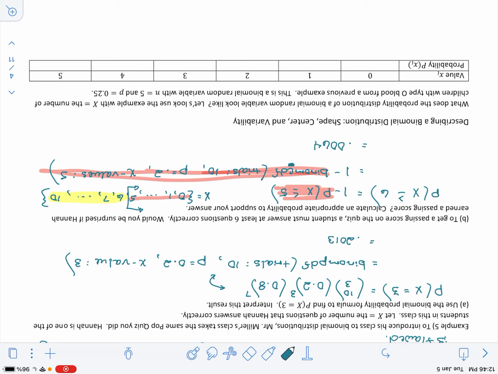So check your calculator, check your ability to type this in. You should get 0.0064, which is really unlikely. So there's only a 0.0064 chance of passing, so we should be very surprised if Hannah passes. Honestly, if any one of you said, oh yeah, I passed that quiz, I kind of would just assume you're lying because it's so unlikely that any of you would guess 6 or more correct when we are